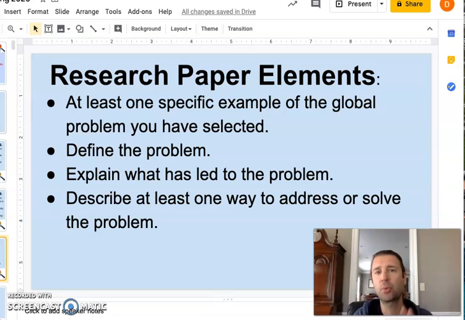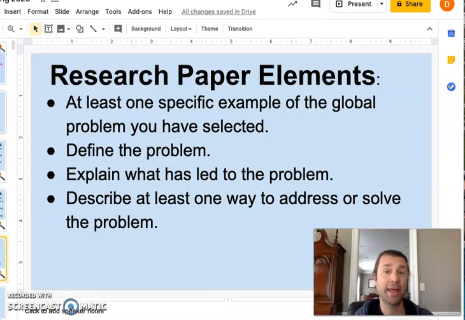So your paper will look very much like this. Probably you'll start with an example. Again, think about, if you're doing the gun violence topic, which some of you have expressed some interest in based on that survey, think about one person who's been a victim of gun violence. Or it might even be somebody who made some bad choices and is incarcerated or whatever. And so that's your specific example of how the problem manifested itself.